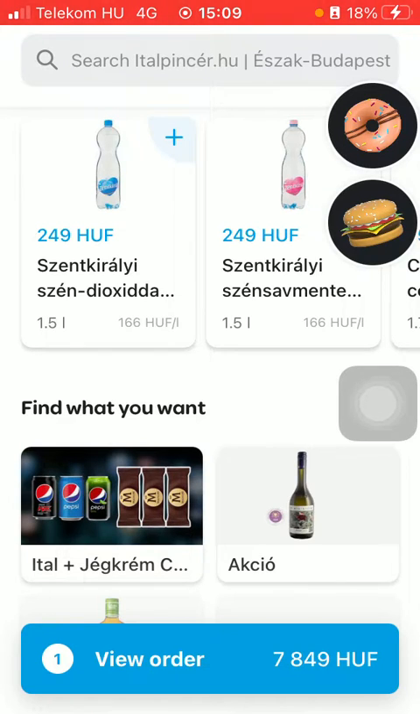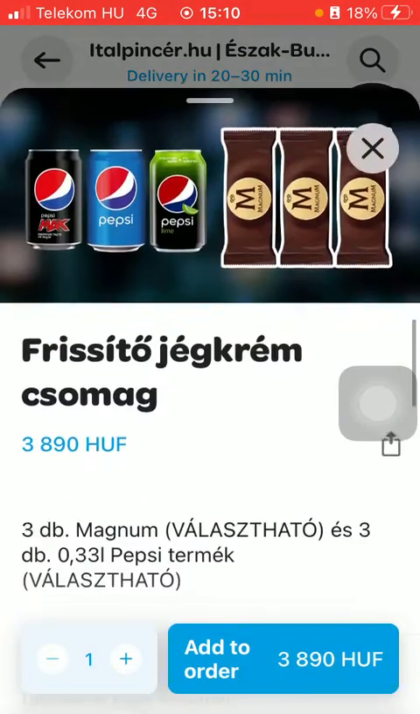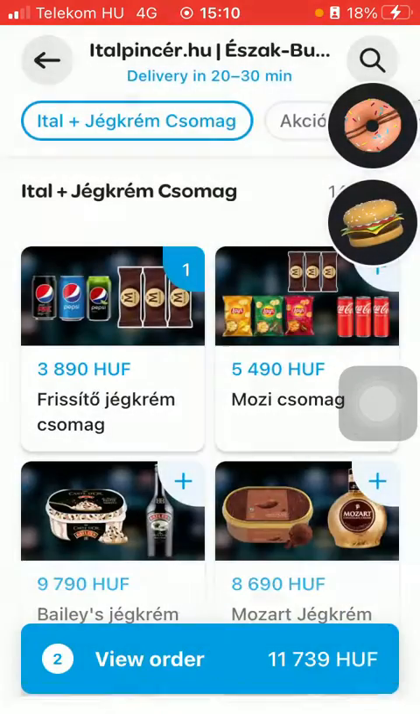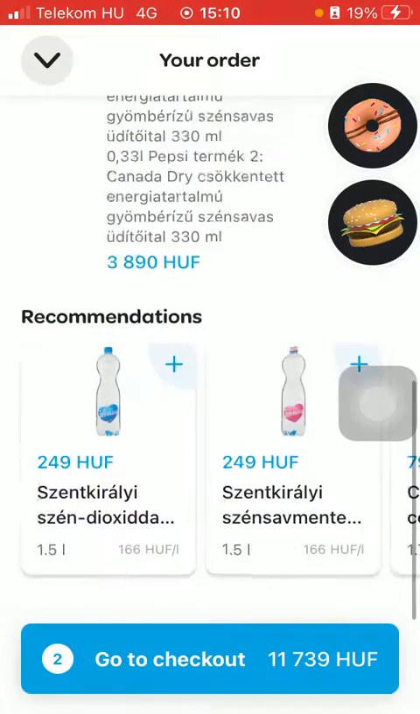First of all, open the application on your phone. Then you should select the item that you would like to order. Tap on it and then you should add it to your cart. Tap on view order, click on go to checkout,